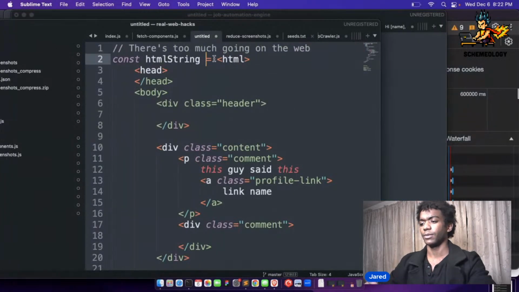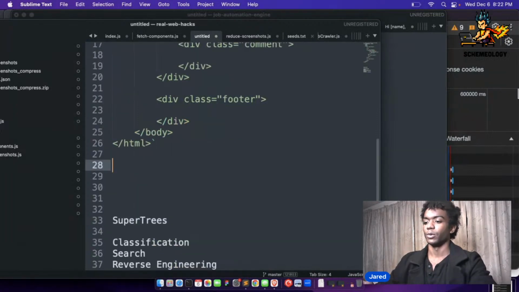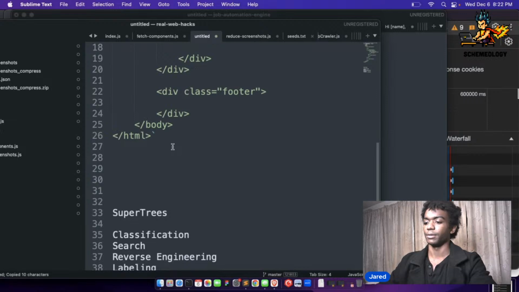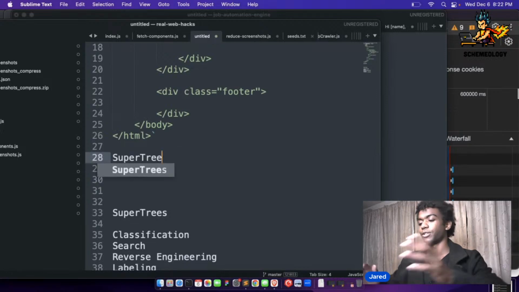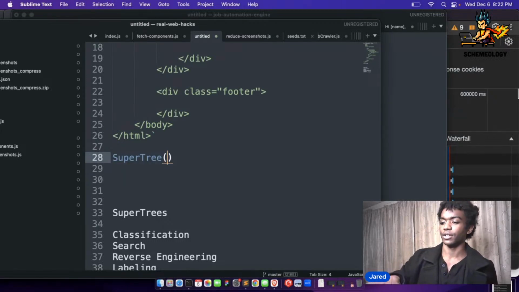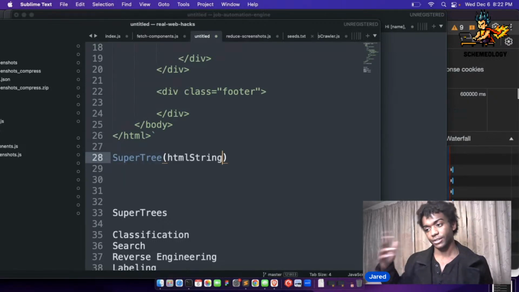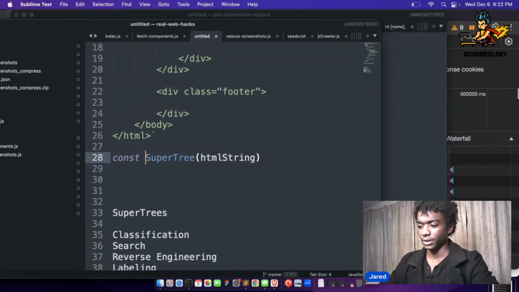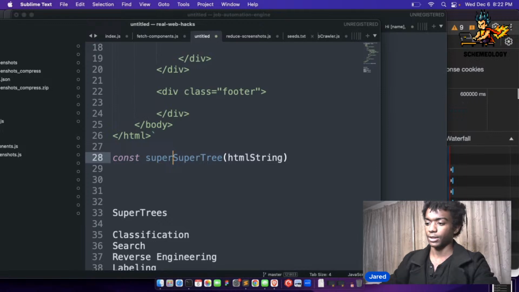So let's say we have an HTML string here. Wouldn't it be interesting if we could do something like this? I call it SuperTree. I actually don't have a name yet for this data structure, because I need this data structure, but I don't have a name yet. Whenever I name things, I just say super because my brain don't work too good. So like,